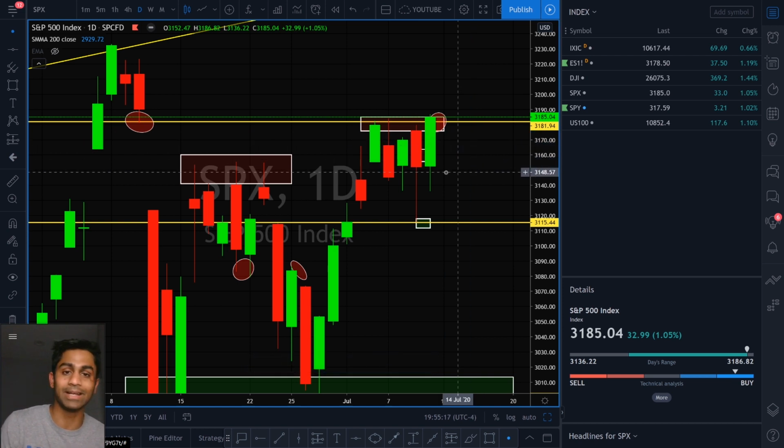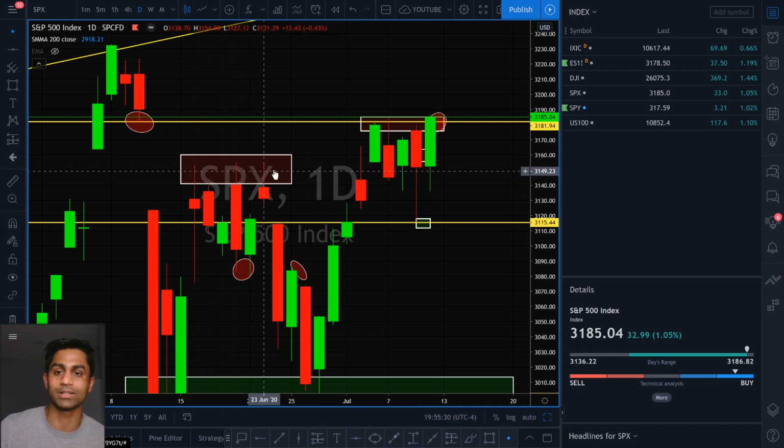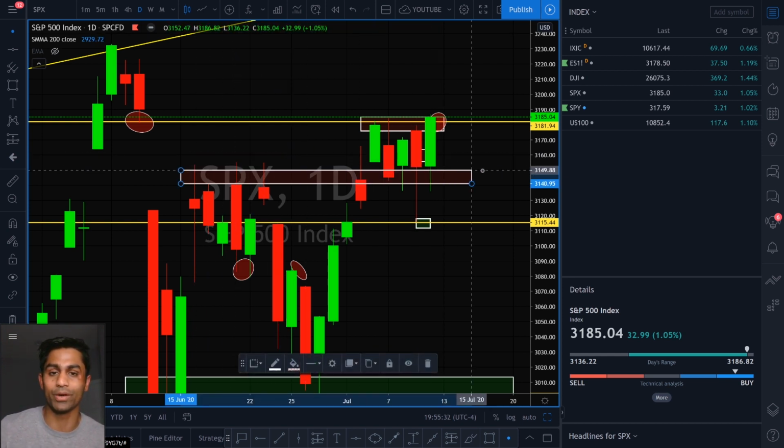Now that happened again today. I was watching the pattern for the first couple hours and we hit a low of 3136. And then the markets essentially pushed up, the bulls came in and we closed at 3185. So this level right here, which we've previously recognized as a bear camp, I'm going to switch that over to